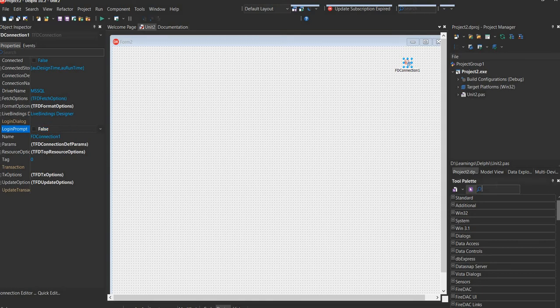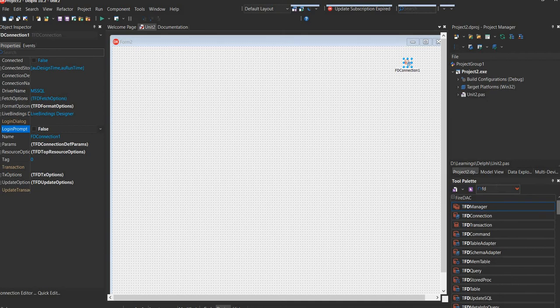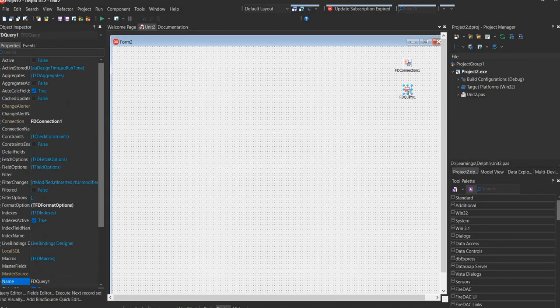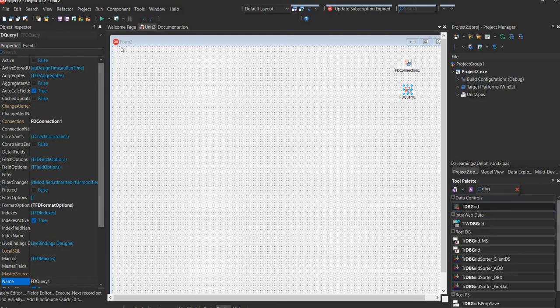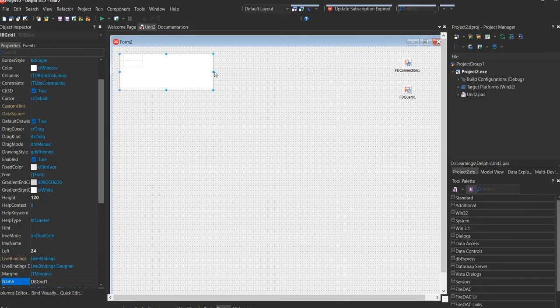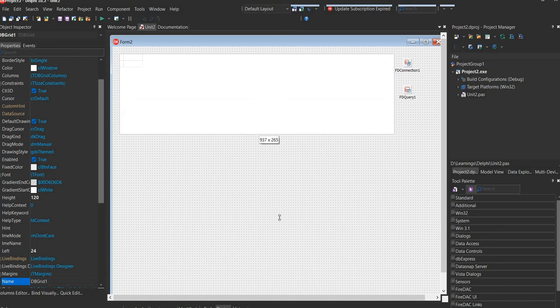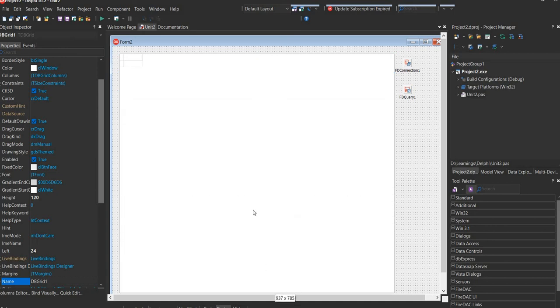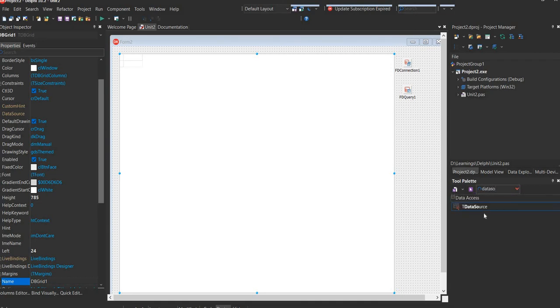Now we will put an FDQuery component to query this database. And let's put some UI control on the form to see the data. So I'll put a DBGrid. We will show the query result on this DBGrid, and let's put a DataSource.